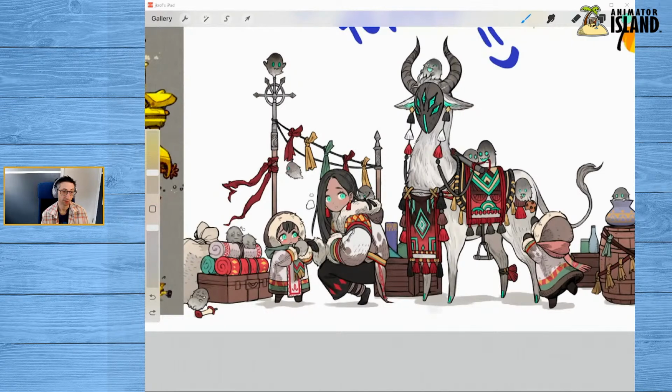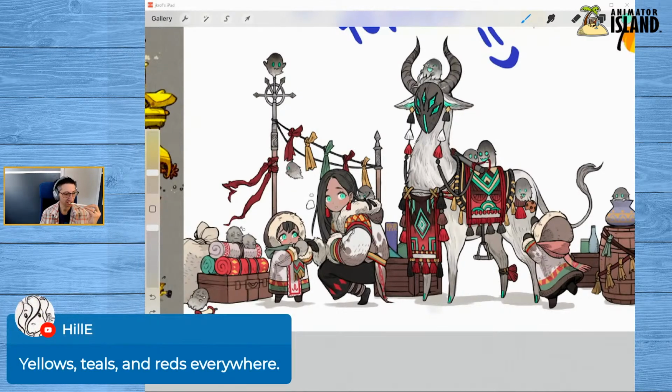So if there was a takeaway there, it would be firstly reiterating that fact that color can add to curiosity if you change the color of something to something that it shouldn't be, something that is dramatically different than what you would expect, that unexpected element which is part of curiosity. But also the idea of an accent, the idea that you can go subtle with most of your piece and then you can just punch people in the face almost with this one particular accent. Eileen says yellows, teals, and reds everywhere. Yep, that's a good observation.